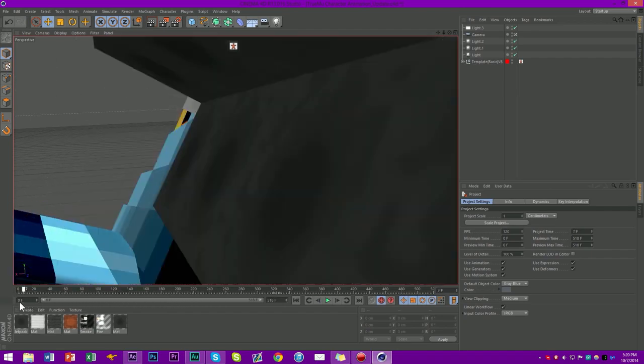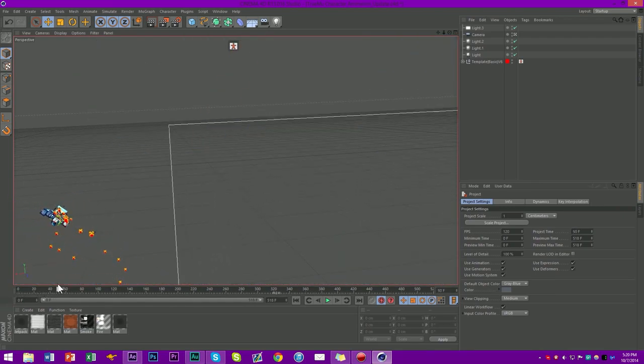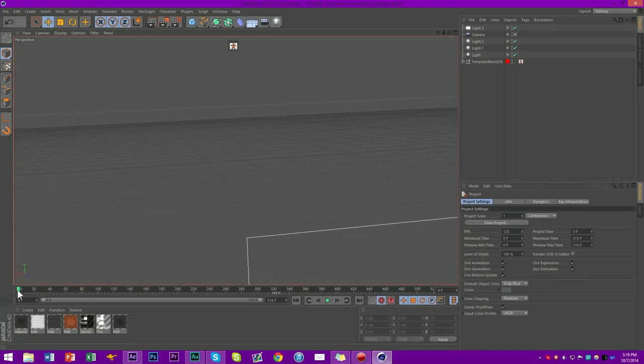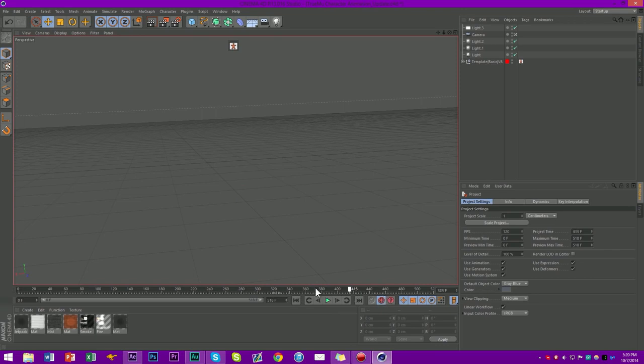But right now I've just pulled up the file of the character for the intro I made for Minecraft Universe. Pretty much it just involved him jetpacking off into the distance and then going Minecraft render or your animated logo, and you can go ahead and put that in After Effects to use with the intro or any other project of your needs. So pretty much I want to start off the tutorial by going into Cinema4D and showing you what I got across the screen, where he'll make impact with the earth, and then he's gonna pop up and come up front and center, and then go off screen where it'll show the logo next. So pretty much that's the big